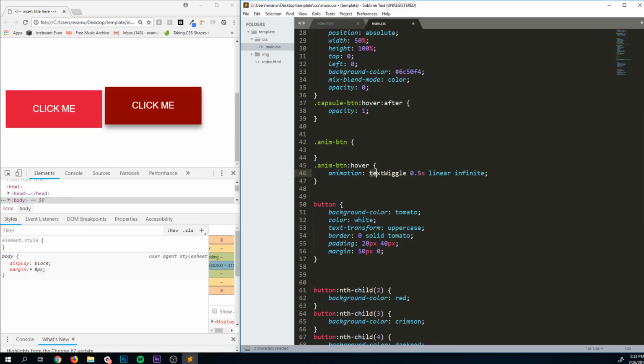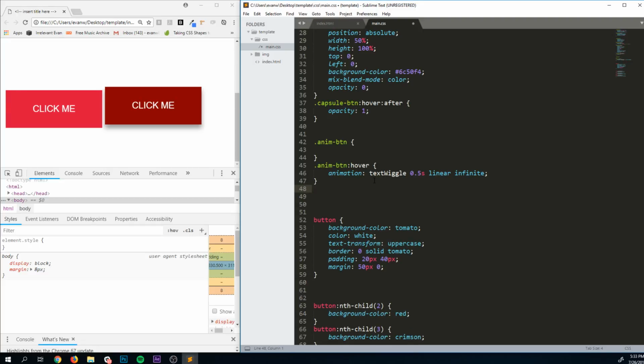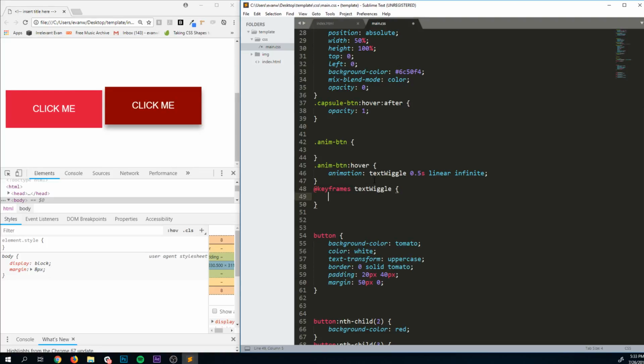Now all we need to do is define what text wiggle means. And to do this, we're going to use CSS keyframes. So keyframe animation, you write it with @keyframes, just like a media query, then the name of the animation, text wiggle, and the bare minimum for a CSS keyframe animation is going to